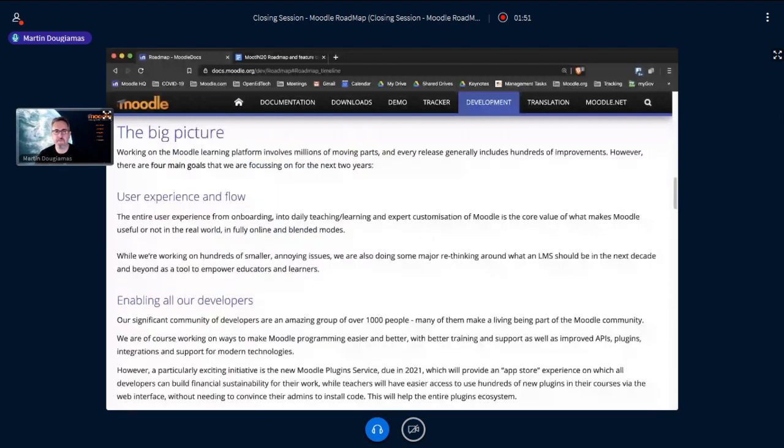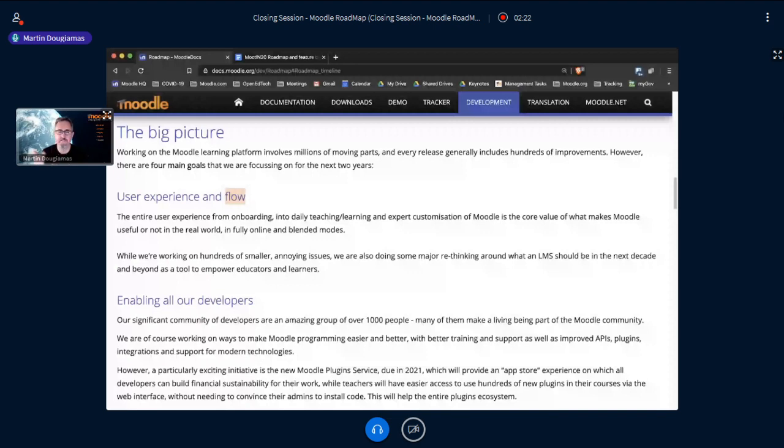So the big picture, the general thing happening in the roadmap, is that there is a big focus on user experience and flow. By that I mean the workflow of a teacher or a student or an admin doing daily jobs. If you have something you do often, then that thing should be as easy as possible so that you save a lot of time.